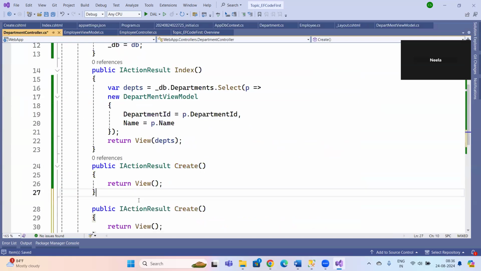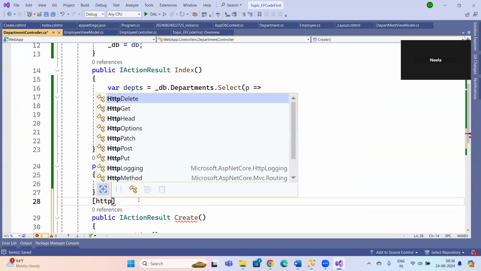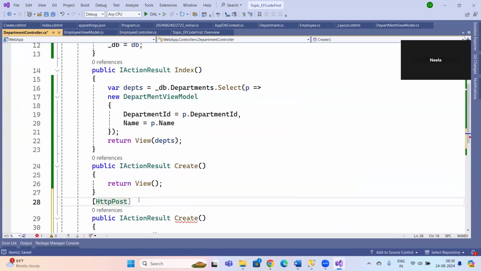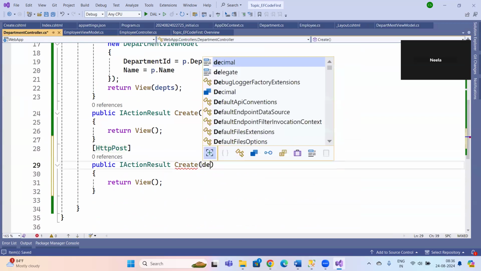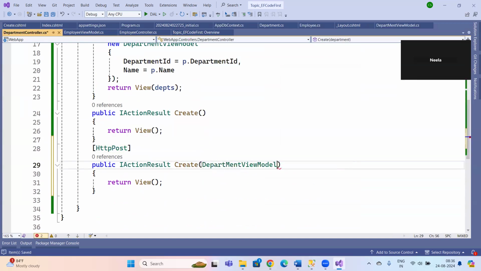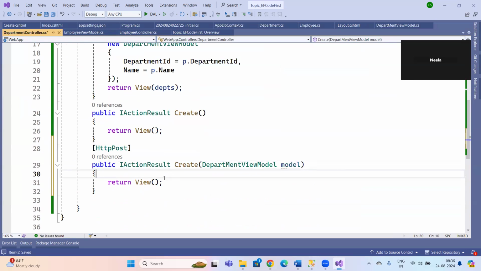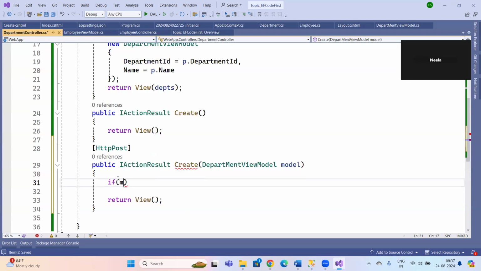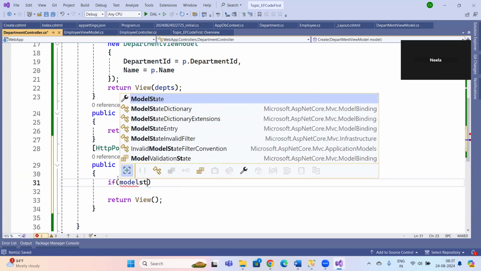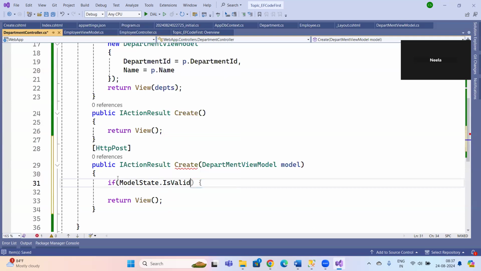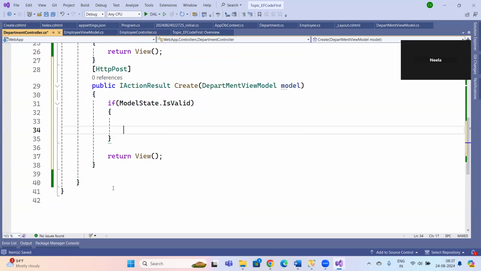method on here. HTTP post, and pass the department view model here. If model state dot is valid, then